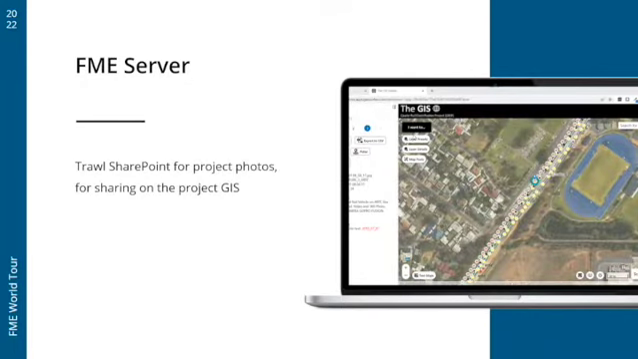Another use is we trawl SharePoint for project photos for sharing on our project GISs. Construction has a lot of people in the field of many different disciplines, and sometimes their preferred way of capturing information, rather than using an app and attaching photos to features, is to simply use a device's camera. We find that all too often, those photos will come back to a project and get dumped in a